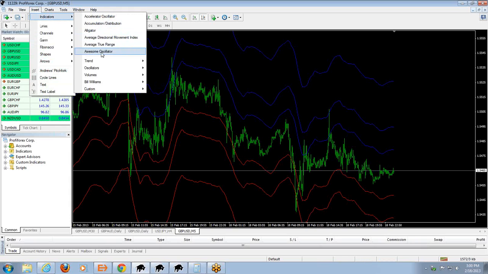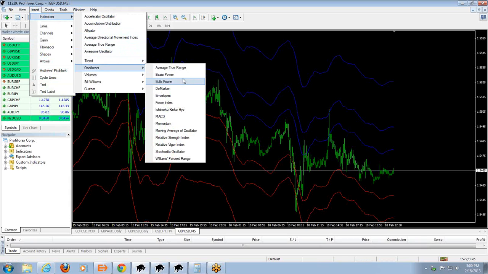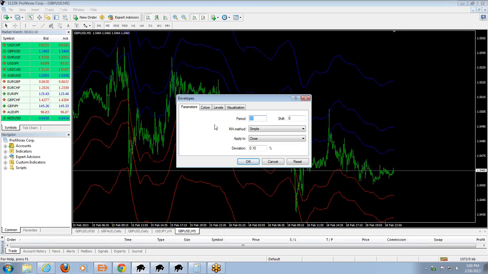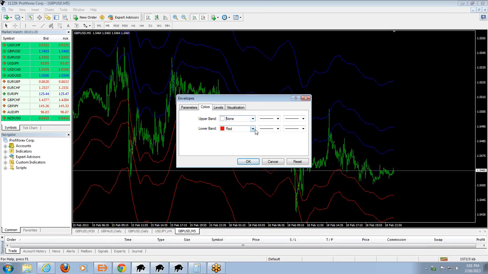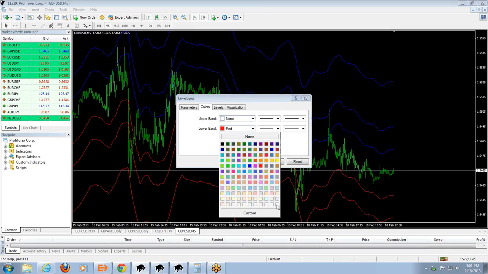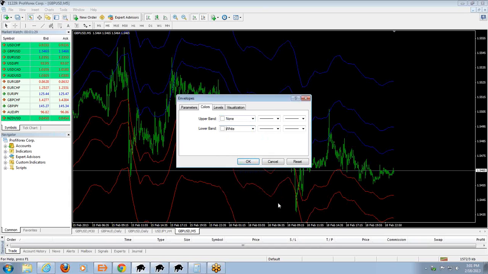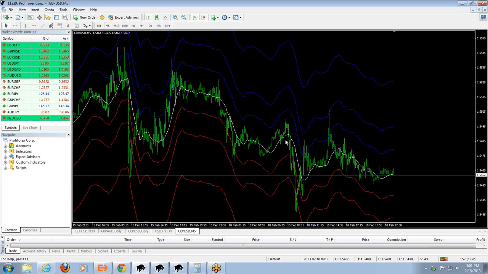What this is going to be is just a white line down through the middle. So we're going to change the deviation to 0.01. The colors, we're going to change it to none on the top and white on the bottom. White is the lower right-hand corner. Click OK. And now you have a white line right through the middle. Okay? The next thing we want to do